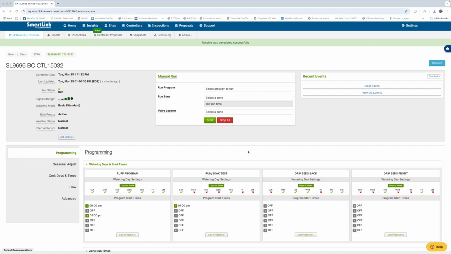In today's demonstration, we're going to illustrate how you enable flow and set your tolerances in SmartLink Network to send to the panel so that the system knows how to respond to different events that occur while the system's programming is in operation. So I'm already on the controller that we're going to be working on today,